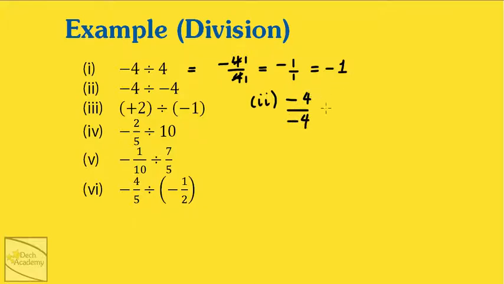Okay, so the way to think about this kind of scenario is you can think of the minus signs as cancelling each other out. So you say this minus sign cancels this minus sign. So what you're left with is 4 over 4, which is 1. For part 3,